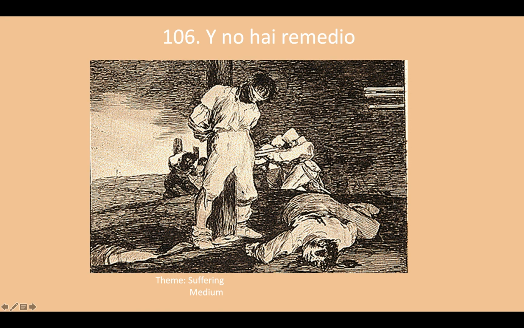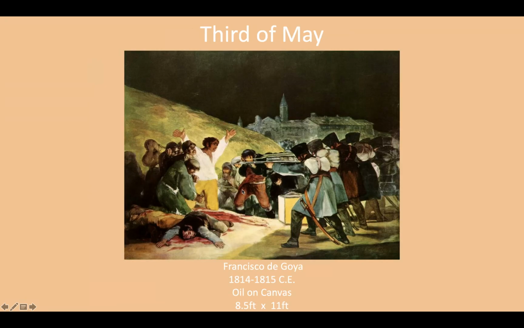So here we have the etching, and here we have the painted version, and here we still see the hats, and we see the guns, and we see the people on the ground, and there's blood, and we see the people that are about to be shot. And here we really see the Christ imagery of his hands up. They've just taken them out to the woods, and they're shooting them, and they're going to just let them fall on the ground, and this becomes a piece that Goya becomes very famous for.